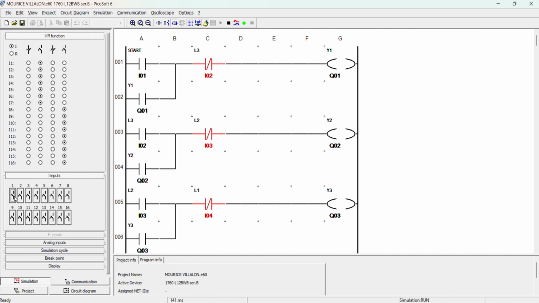So when we push the button input 1, it will simply supply the Y1, which is the first liquid, liquid A. Its sensor is the L3, the level sensor 3. When it reaches the limit of the level for the liquid, we'll simply push the button of input 2, which is the L3.